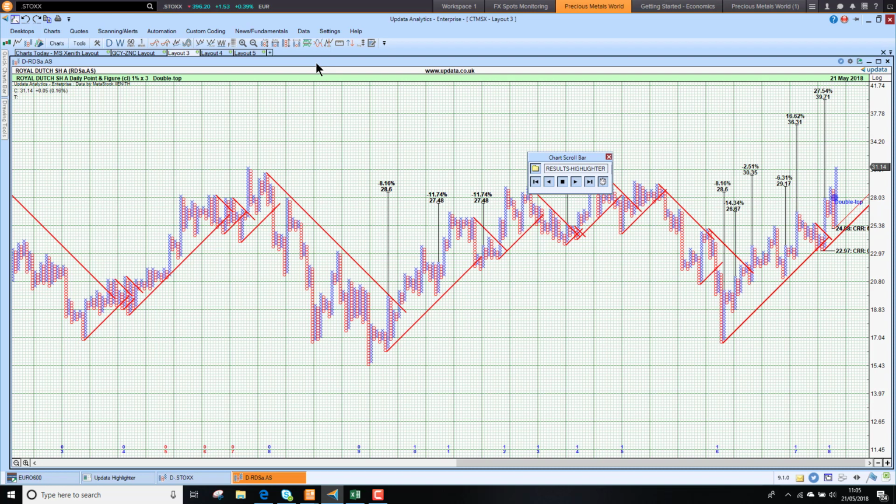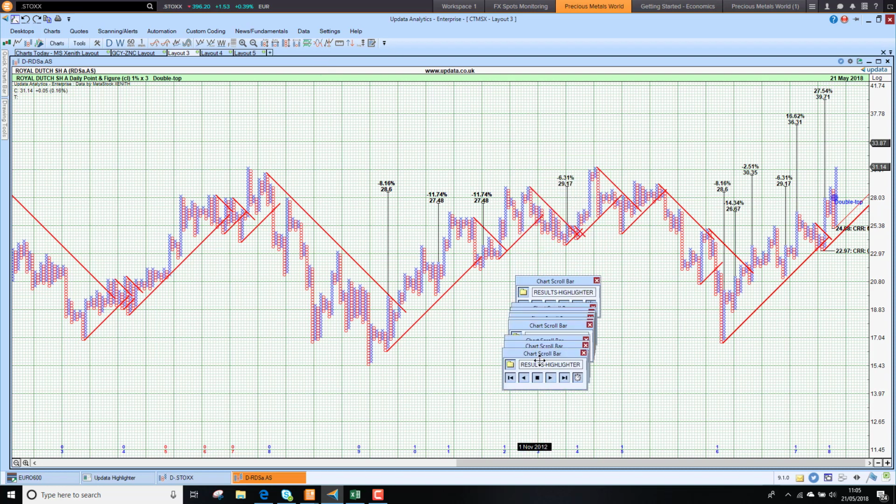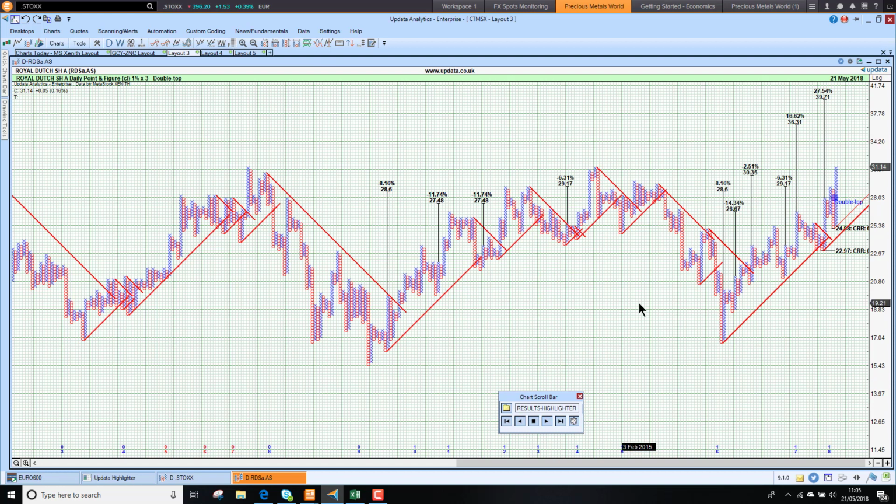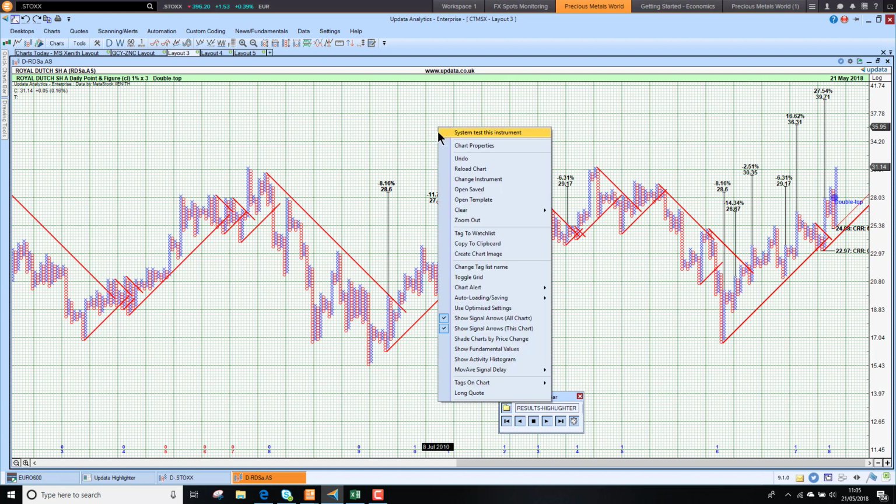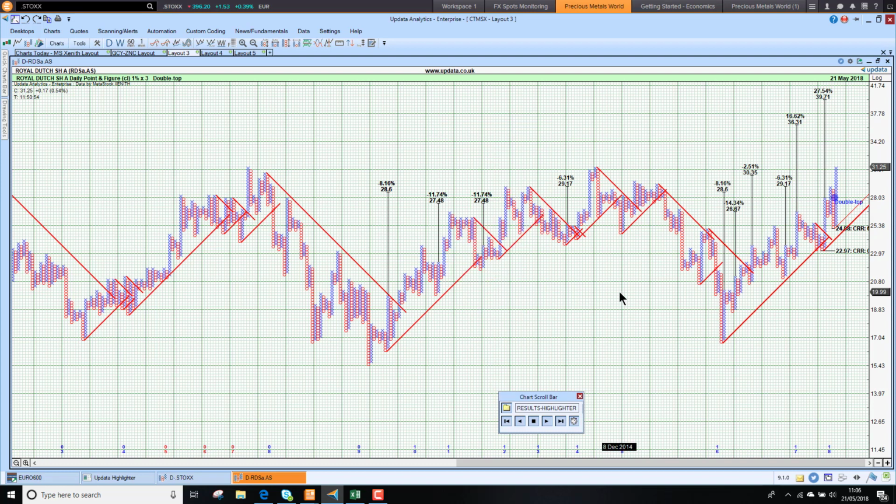And this is perhaps the most interesting bit. I'm looking for stocks where the charts look best, and this is the bit that the computer doesn't do so well. You've got to be able to just eyeball these charts, say what you like about them, and then add them to your list. Now, if you're using the home version, you can actually just tag these to a watch list, and it will create a short list of the stocks